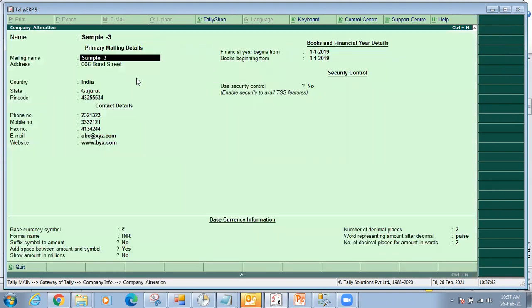Just a second. Now here, there are two things: financial year beginning from and books beginning from. That is one thing, but there's something called a security control. It can be set to yes, it can be set to no. So you'll find it yes. In case it's yes, then set it to no. Is that point clear? Then the company will open up automatically. Up to this point, is it clear?